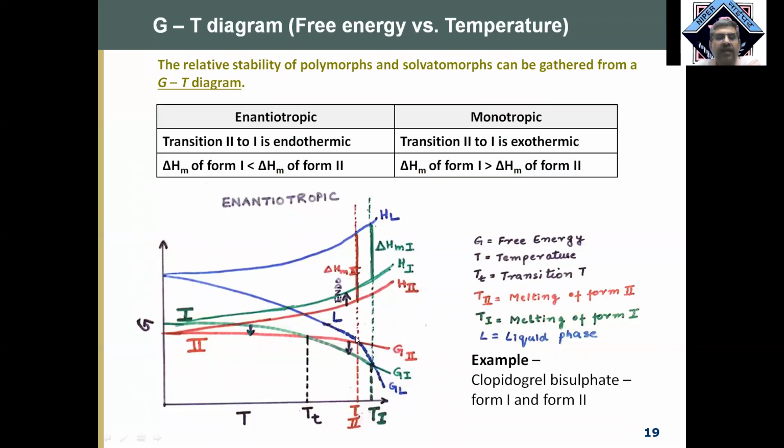Now let us look at why the transition from 2 to 1 is endothermic. So this is form 2, this is form 1, and when the transition takes place, we are coming from a higher free energy to a lower free energy, which means there is going to be a release of the free energy to the environment. Wherever there is a release of the free energy,